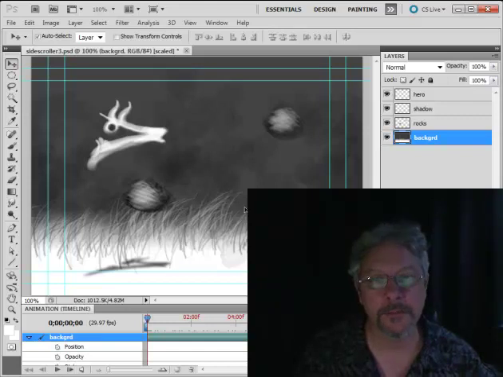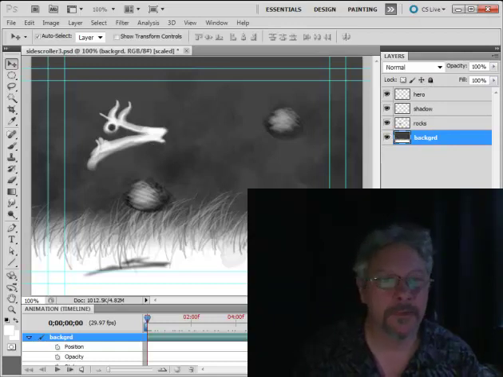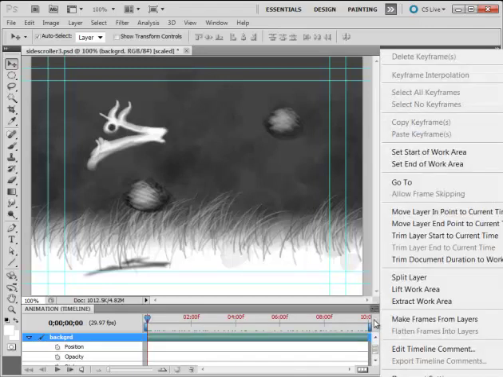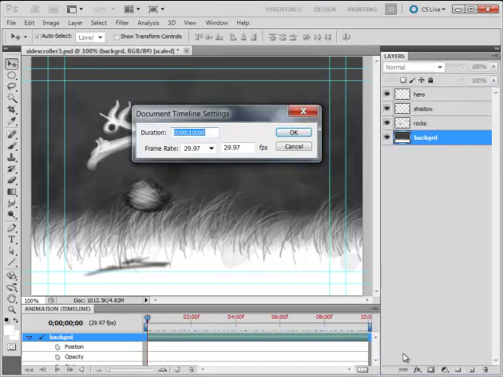I'm now going to do all the animation for these layers to get a continuously scrolling animation like I previewed before. First thing I want to do in the timeline is set the length of the animation. So I click on the palette menu. You probably can't see the entire thing. All the way down at the bottom is document settings. Document settings. 10 seconds is a long time